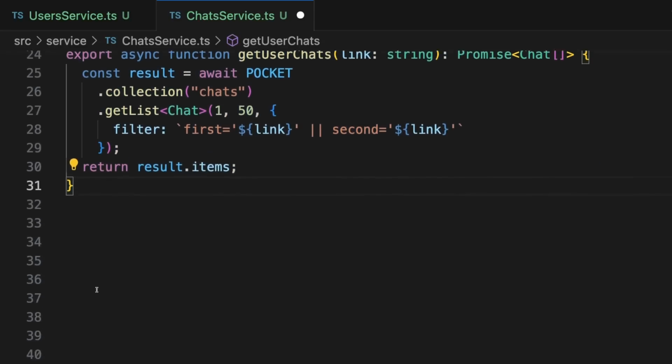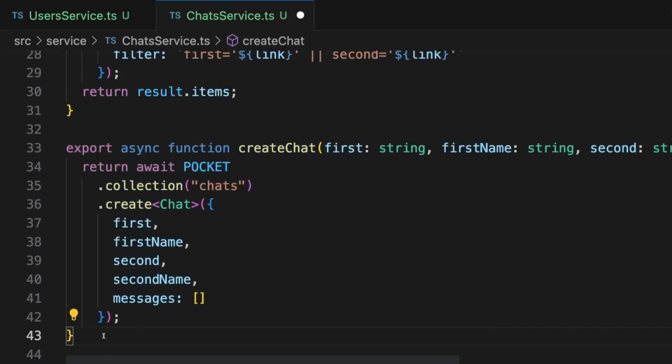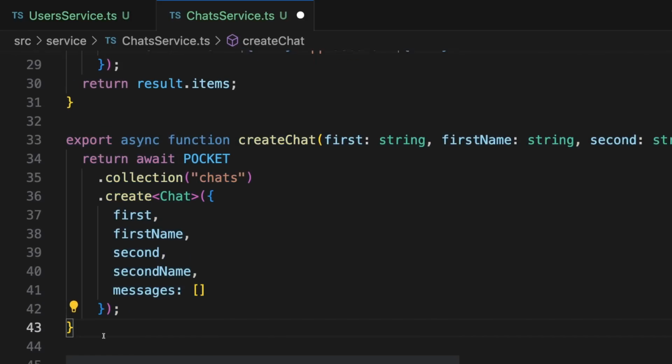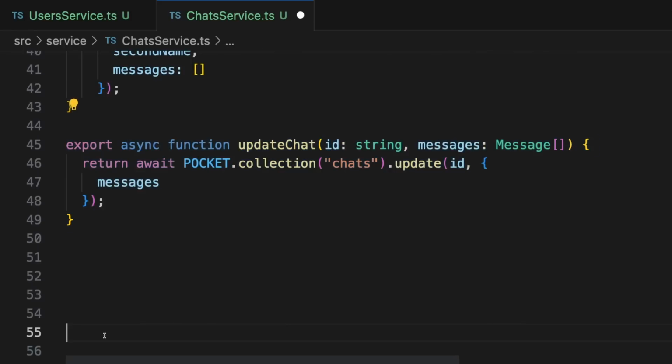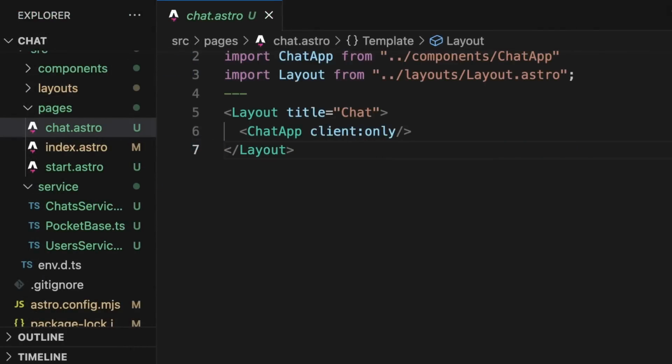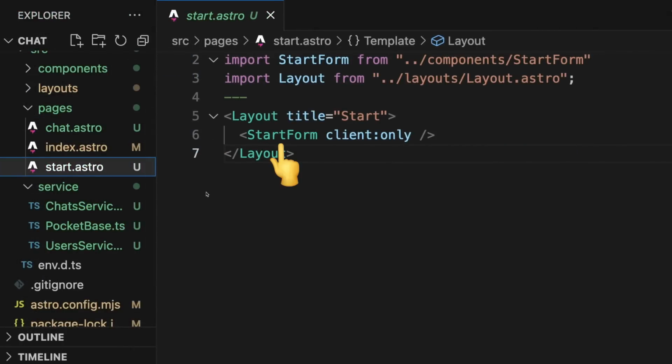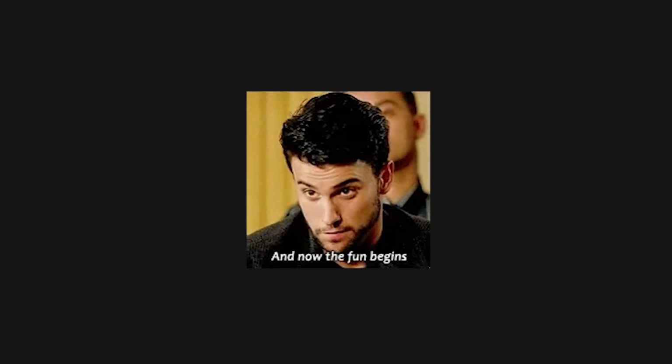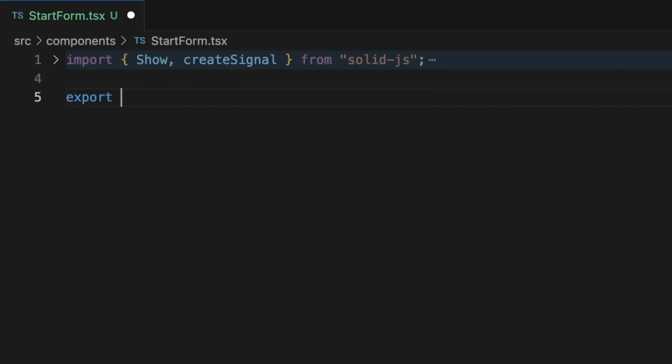As you would expect from state-of-the-art storage solutions, reads can either be performed by ID, or the results can be filtered by various criteria. Back to the Pages directory, you should recall that we defined the chat and start page, both loading some components only on the client. This is where the real fun begins, since we'll employ Solid JS's simplicity to build this